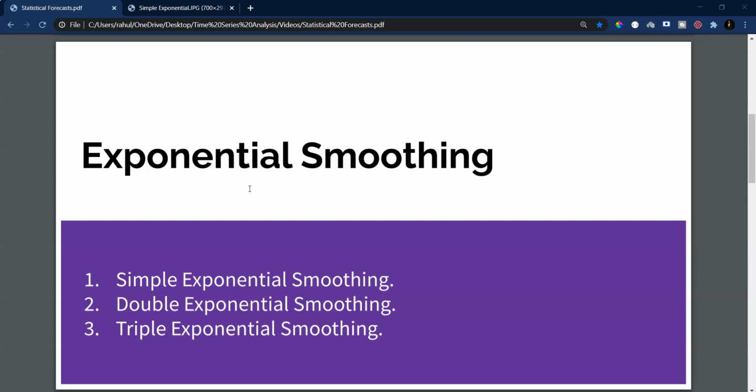Now in this video, I want to explain how exponential smoothing works from the inside, because in the last class we talked about all of these methods from an overview perspective, and we did not go into how these methods work.